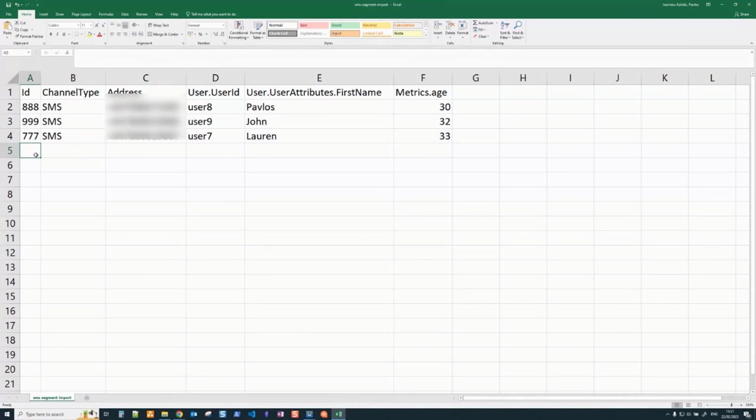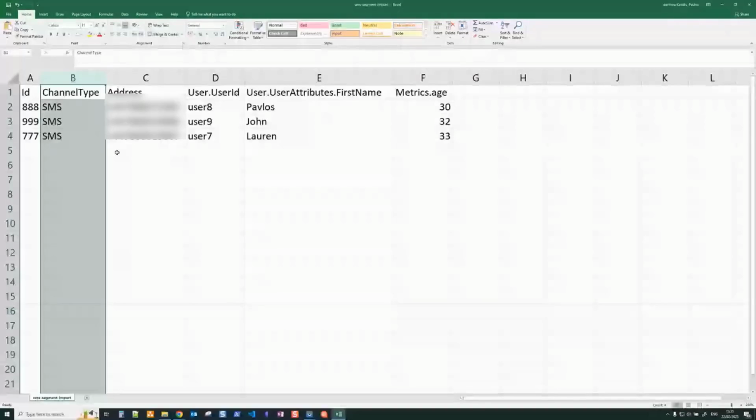And all these endpoints are of the channel type SMS. As I mentioned, Pinpoint supports other channels, so here we specify that these endpoints are under the channel SMS. An endpoint essentially is defined by its channel and address, and it belongs to a user.